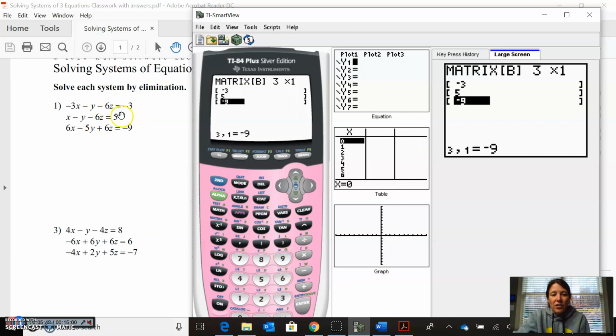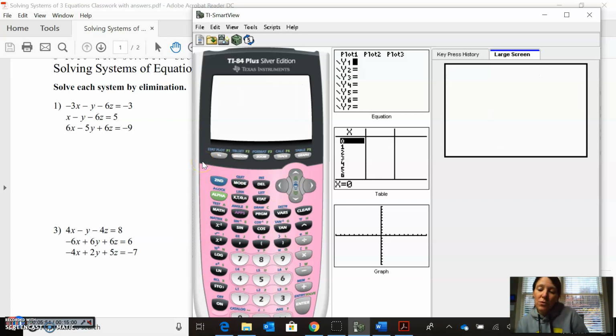Okay, so now it looks just like our answer column, and then we're gonna quit. Okay, now, if you looked through the notes today,